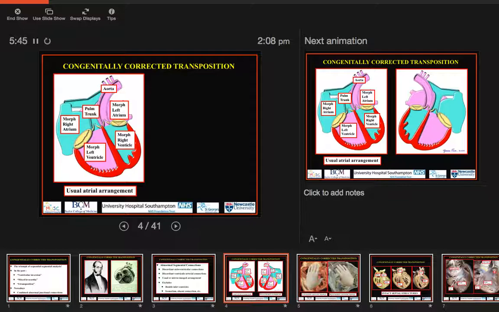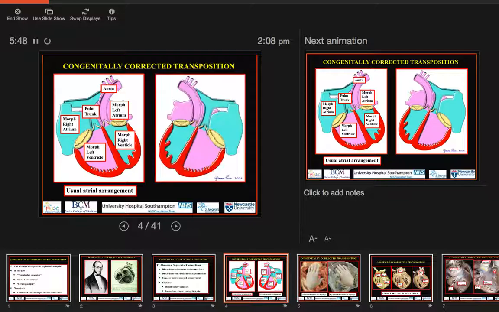So that's the most frequent example of congenitally corrected transposition, but we can also find it when there is mirror imagery of the atrial chambers. Then the morphologically left ventricle will be where we expect it to be. There will be right-handed ventricular topology, but still the blood will be returned to the lungs so that the circulations are congenitally corrected. So the morphologically left atrium will be right-sided and will